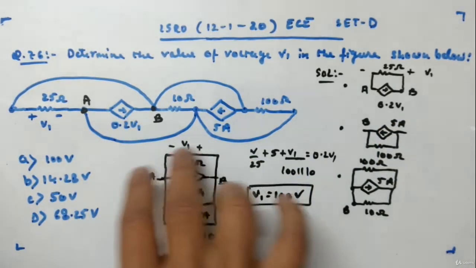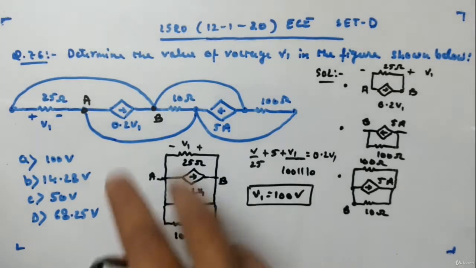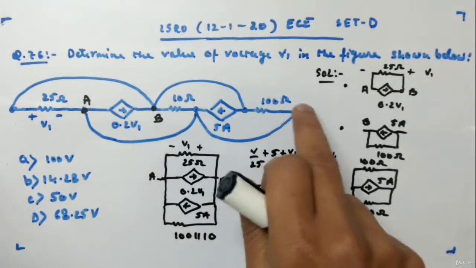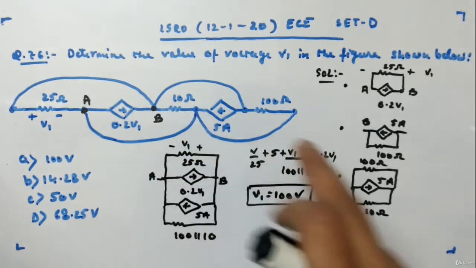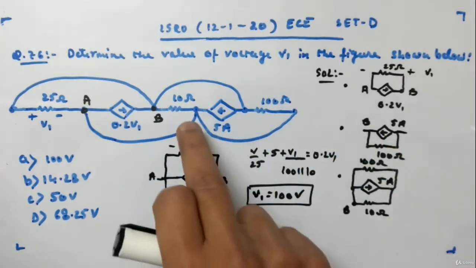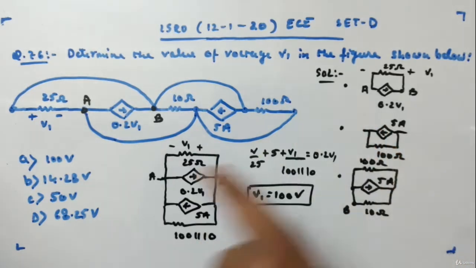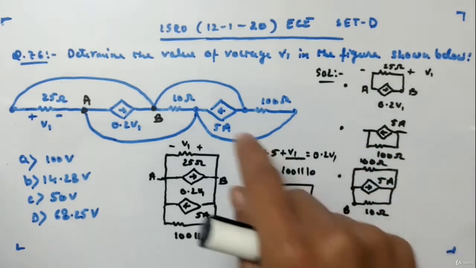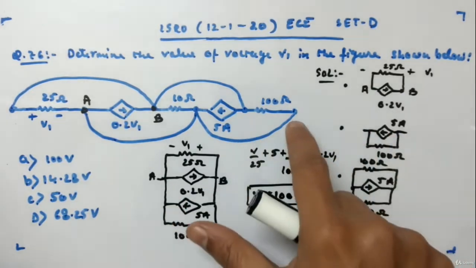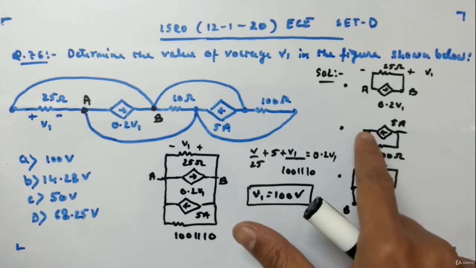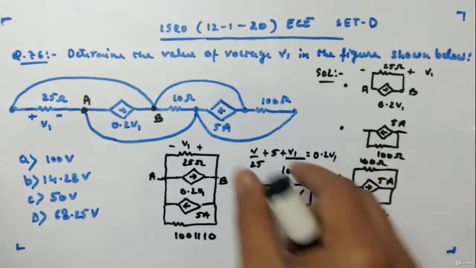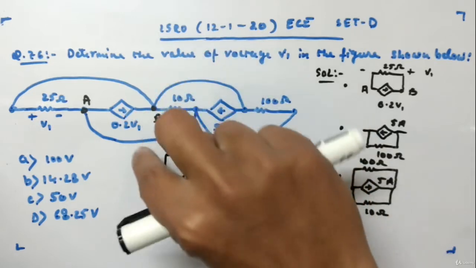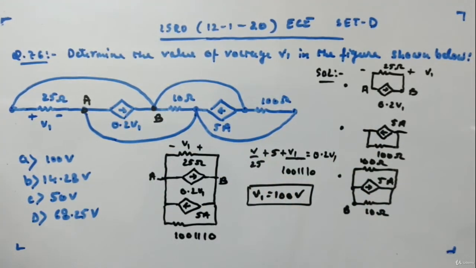So this above part you got it. Now this 100 ohm resistor will come here. So you will see something like this. This is your current and this is 100 ohm. So this point is this point, this point is this point. Okay, now you can see this whole thing is rotated like this. So 100 parallel with 100 ohm. So this you can see parallel with 10 ohm. So 10 ohm you have.